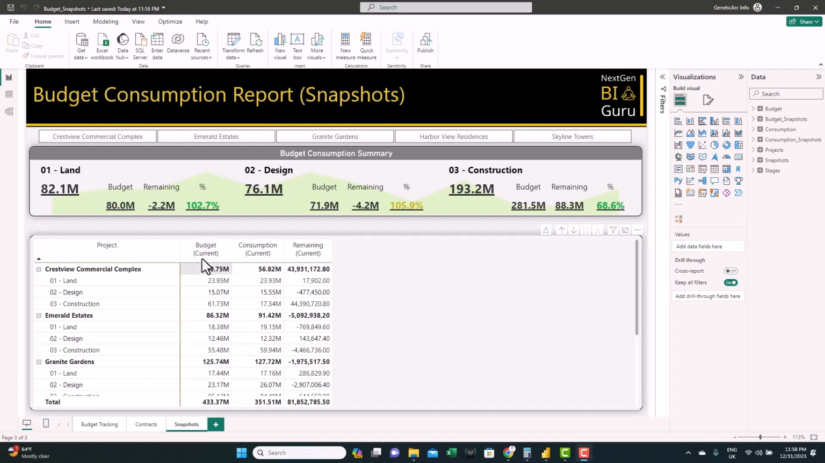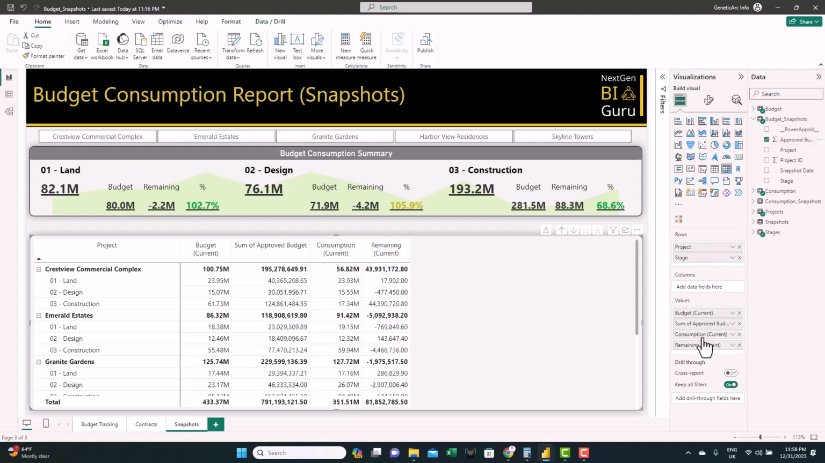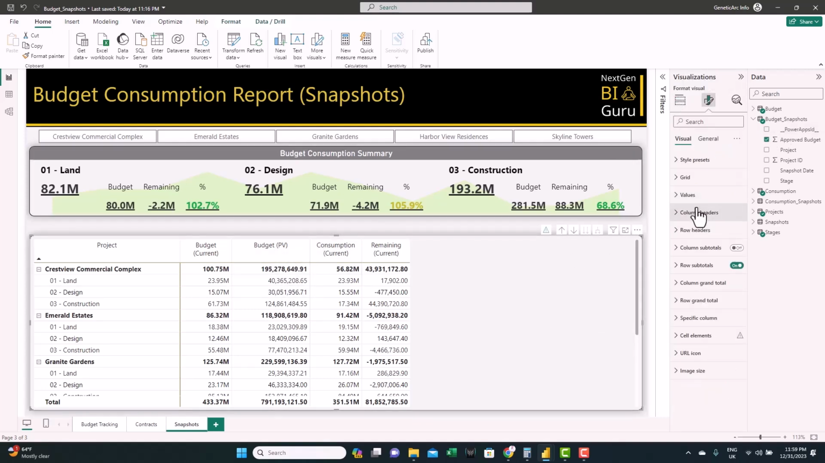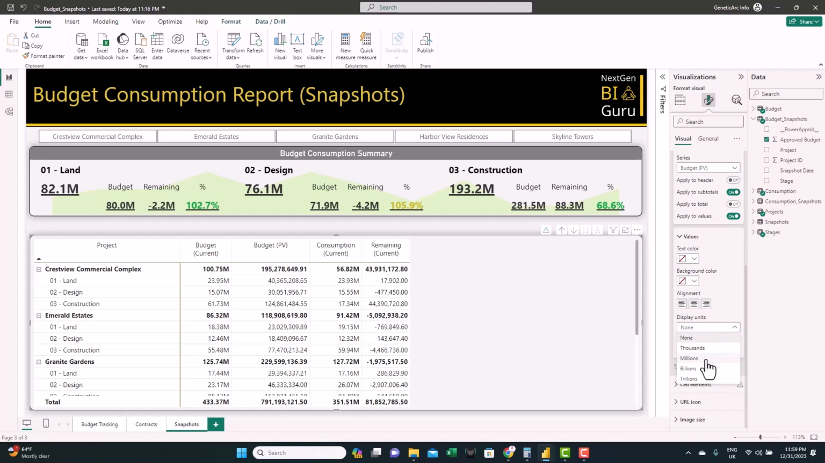So now we have the current budget showing in this table. Let's show the previous budget, the previous snapshot budget. You go to the budget snapshots and you just select the approved budget and feed it to the values here. Let's rename it to Budget PV, and you can format it just the same way. From Specific Columns, you select budget previous, and for display units, you can select millions just to have the same format,